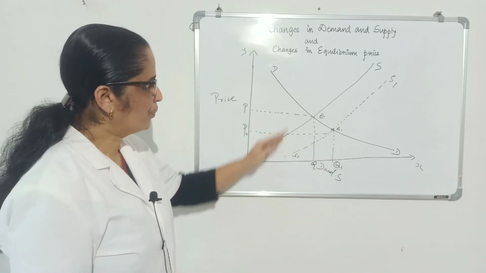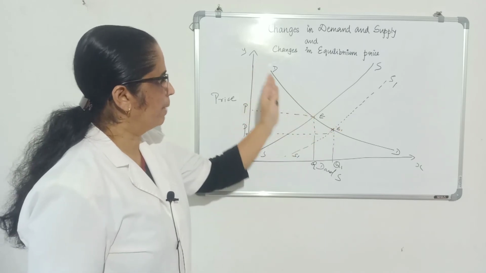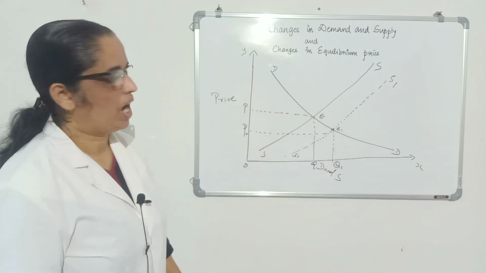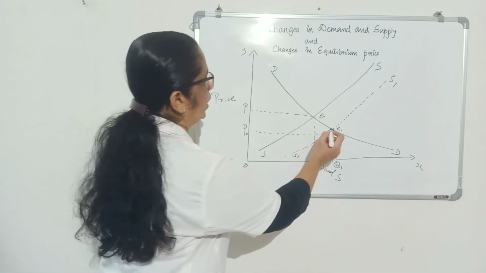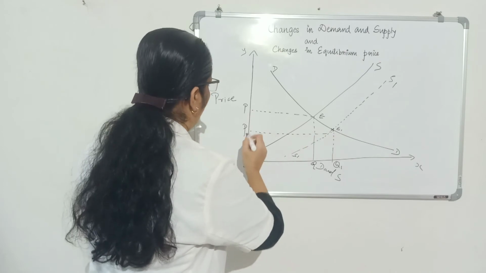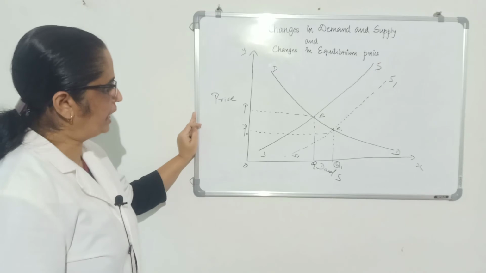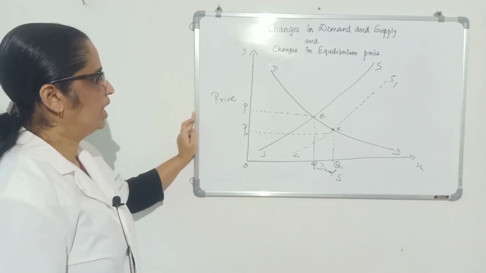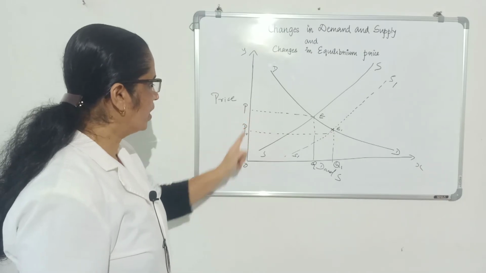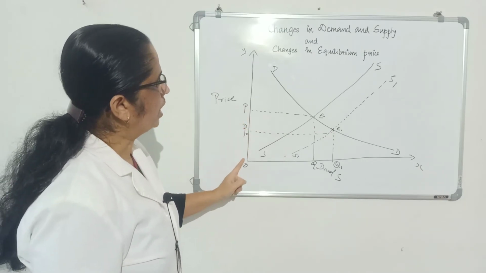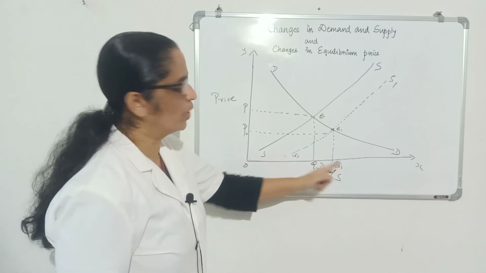What do we draw now? Supply shift to the right. Supply increases. Demand held constant. Analyze its impact on equilibrium price and quantity. The new equilibrium E1, the corresponding price quantity combination. Now identify what happened to equilibrium price and equilibrium quantity. As you know, at this new equilibrium, equilibrium price decreased from OP to OP0. Equilibrium quantity increased from OQ to OQ1.